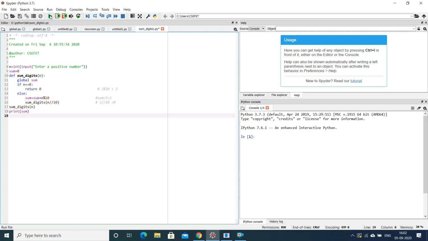So when we run this program and pass a value, for example 25, we will get the result 7. So this is how recursion works in Python, and this is how you can make a program using recursion for the sum of the digits. Similarly, you can write the programs for factorial, you can write the program for the Fibonacci series. Whatever things you can do with loops can similarly be done by using recursion in Python.